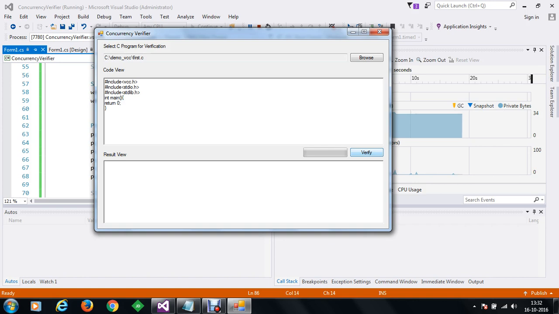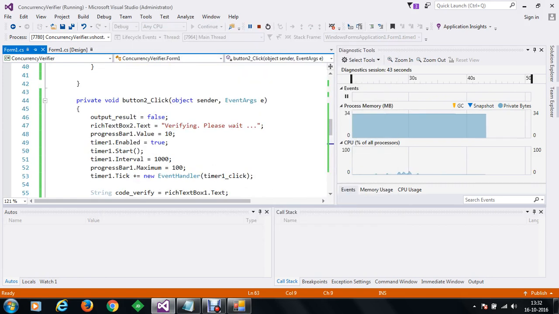As soon as I clicked on verify, we are testing the code first. Some progress is going on. Some verification has been displayed. Okay, the verification has been done and we have got a successful verification of the code within 1.23 seconds. Let me click on verify again. I'll just quickly test the progress status. Now that is done. So what we need to do is quickly get back to the code.